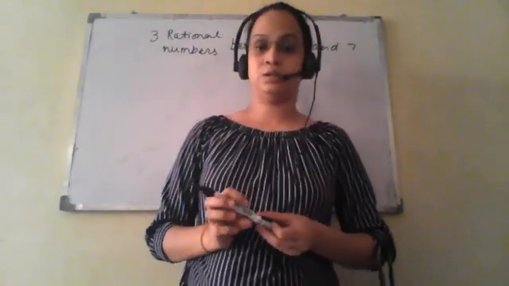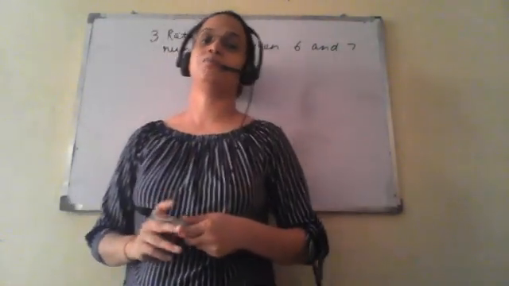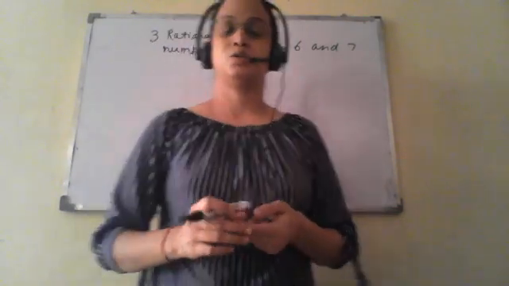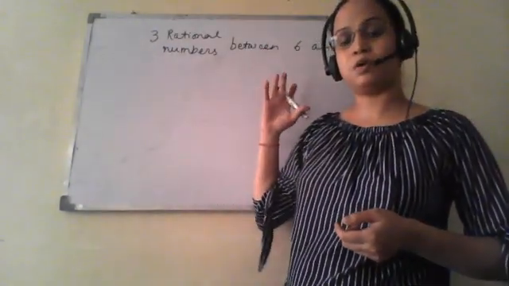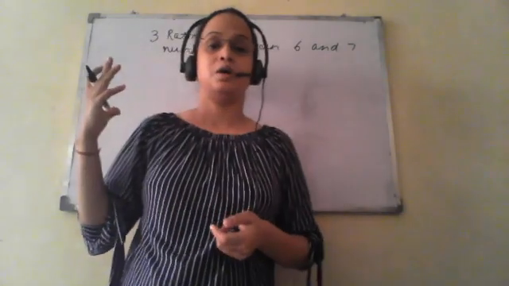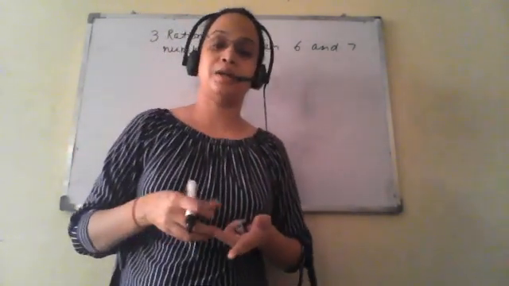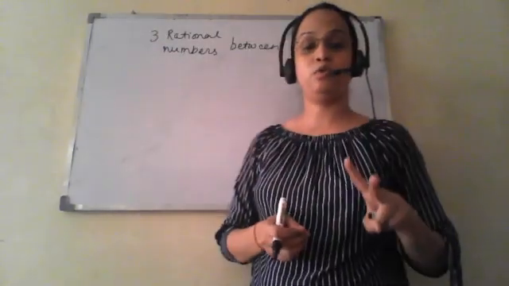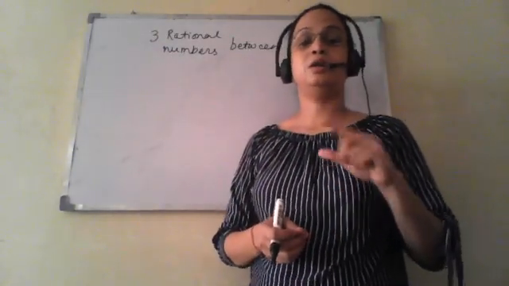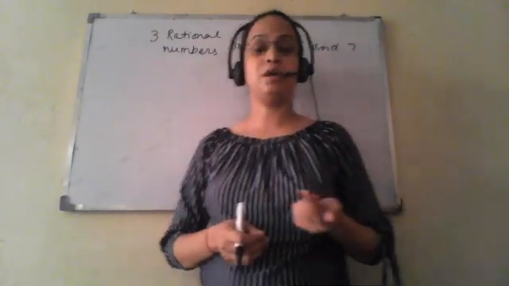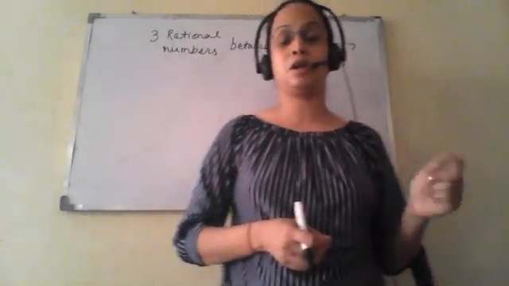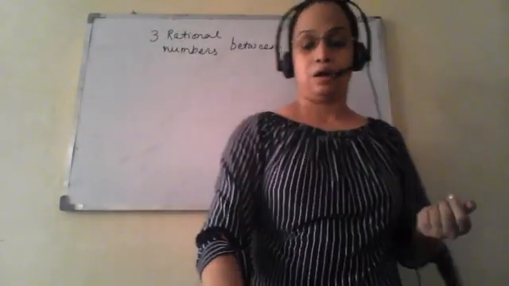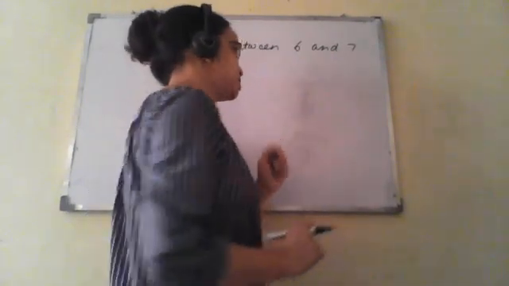Now there are methods. So basically there are three methods. First, when they are simply natural numbers. Then comes the category of fractions, when we have to find a rational number between two fractions when the denominator is the same, or when they are like terms. And the third one is when they are not like, or they are unlike terms. Okay, so first we will discuss this type of question.